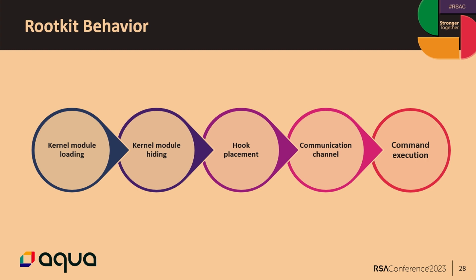Then usually they're going to hide themselves. They're going to hide the kernel module. They're going to put hooks in the system in order to modify the interaction between the kernel and user space. This is the main component of the rootkit, because this is the part that actually helps the rootkit hide the other malicious components. It will establish a communication channel, because usually there are other parts of the attack. It can be on a different machine or in user space, so they need to communicate. And sometimes, the user space part will ask the rootkit to execute commands from the kernel or even give it root privileges. So this is the basic attack flow that we saw.